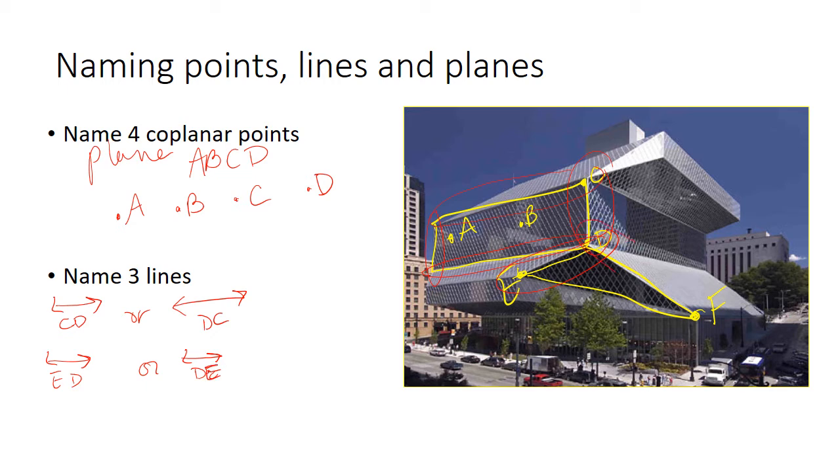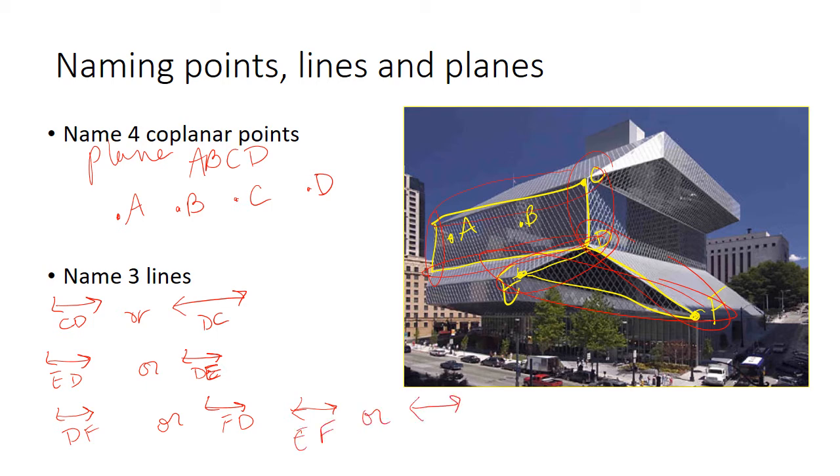Okay, we could do this line right here. That would be line DF or line FD. It does not matter what order you put the letters when you're talking about a line. The other line you could name is this one right here. There are 4 lines that we could name easily. That would be line EF